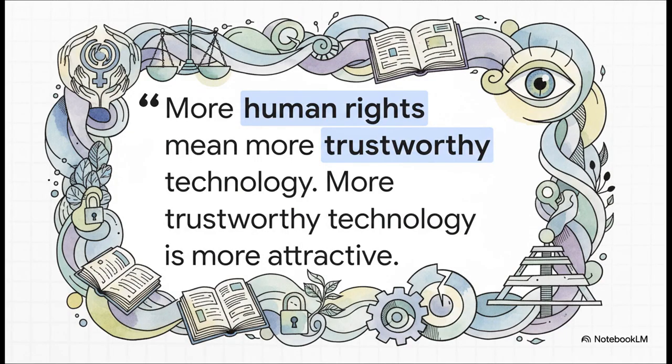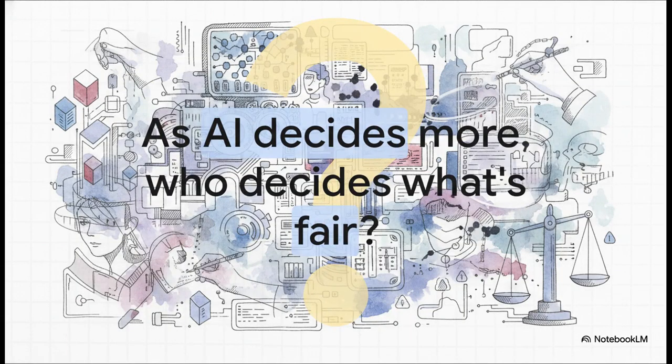And I think this is such an important point. Protecting our rights isn't some barrier to innovation. Actually, building technology that is fair, private, and trustworthy is what makes it better and, in the end, way more successful. And that leaves us with the central question we have to grapple with. As we hand over more and more of our world to these automated systems, we really have to ask, who is writing the rules? Who gets to decide what's fair in the age